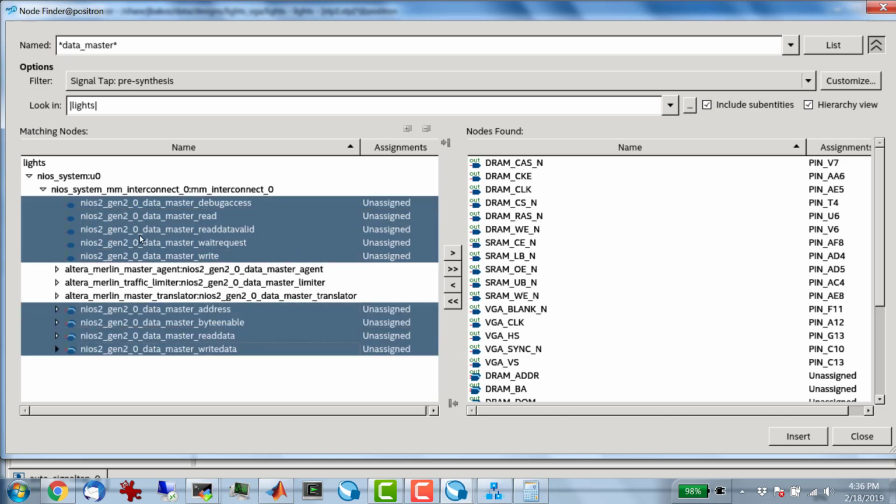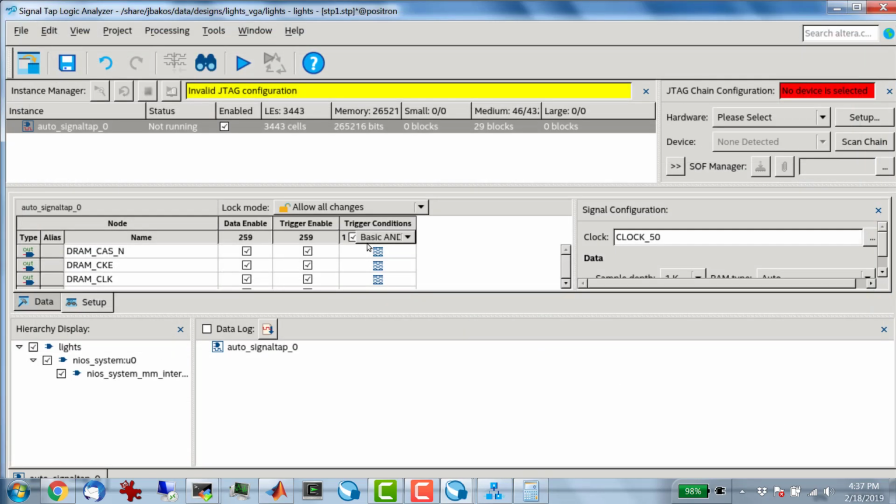I'm going to grab these guys and bring them in. So there's debug access, read data valid, wait request, write, address, byte enable, read data, write data. Hit insert and then hit close, and then it should have all that stuff in there. Okay, so once you've added those signals,